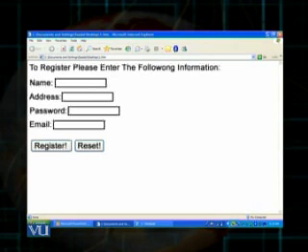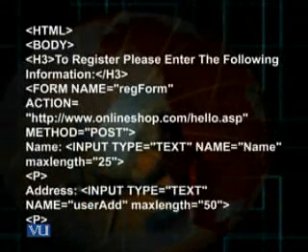The code behind this web page is like this. So I come to the form tag, name reg form, action equal http://www.onlineshop.com/hello.asp, method post, and then I create my text boxes using the typical syntax you are familiar with.